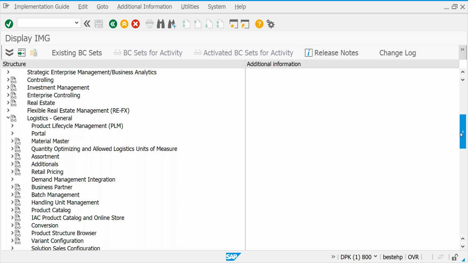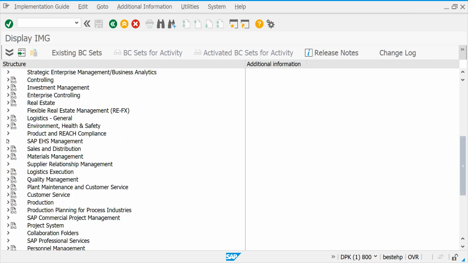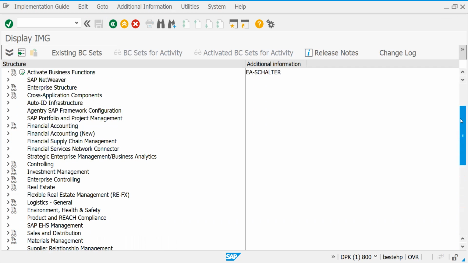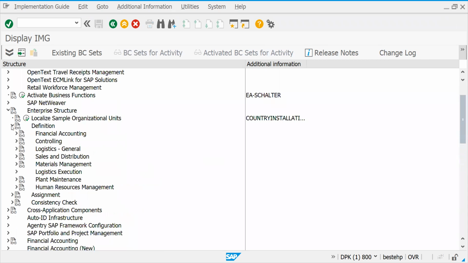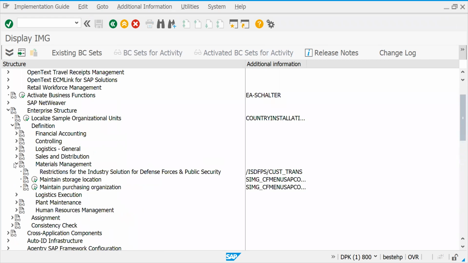Maintain purchase organization. Enterprise structure, definition, material management. Next, maintain purchase organization.